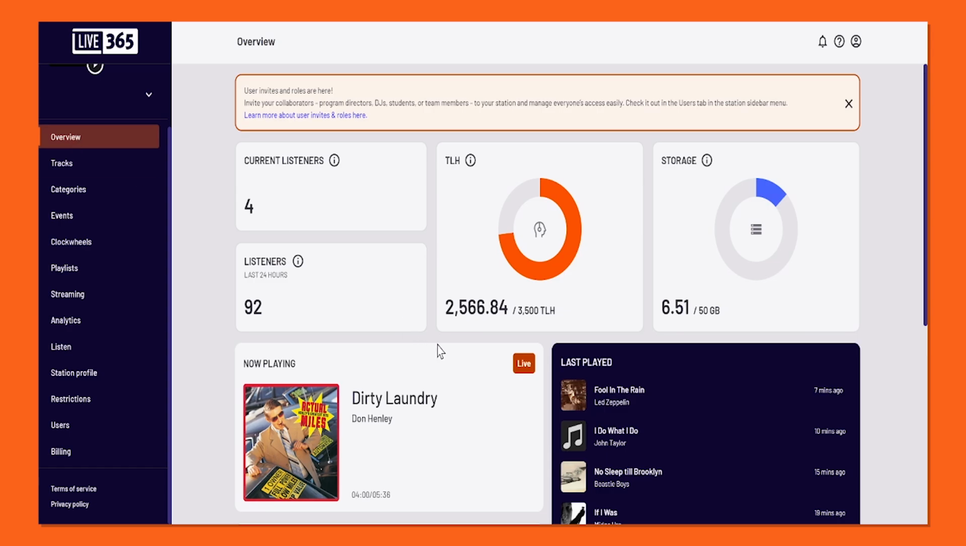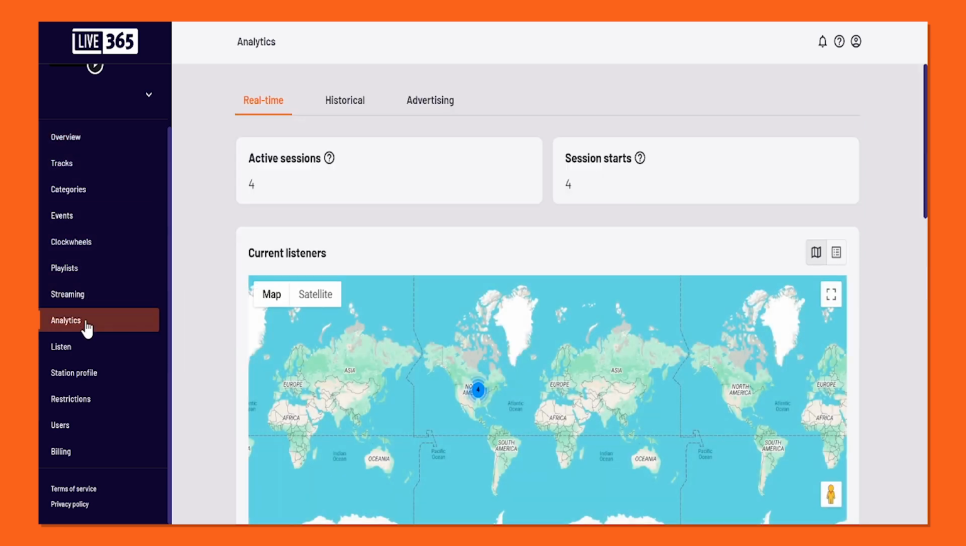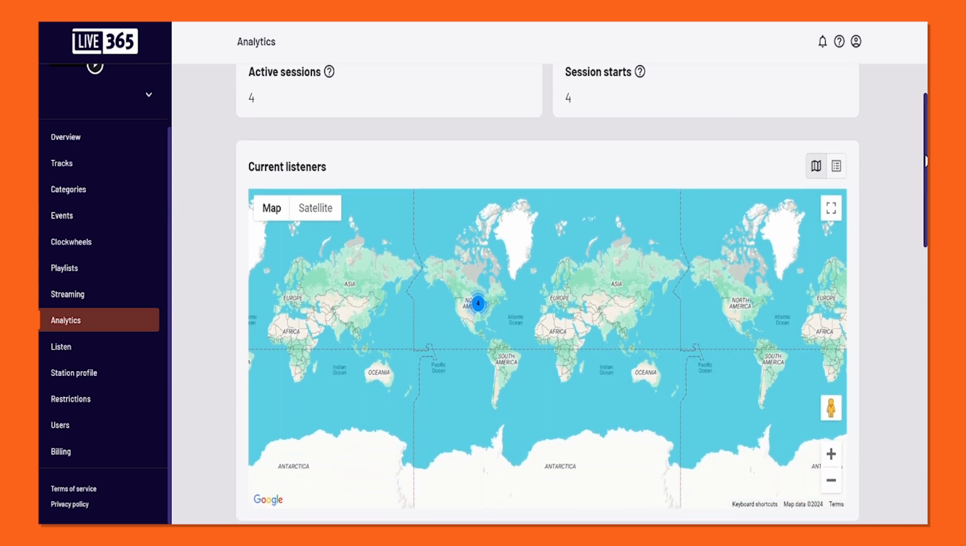If you could, please hop to your Live365 dashboard. Once there, look to the left-hand side of the navigational sidebar and select Analytics. Once you do, it will take you to your analytical page where we are going to focus on real-time and historical. To start things off with real-time, you'll notice down below you'll see a map view of your current